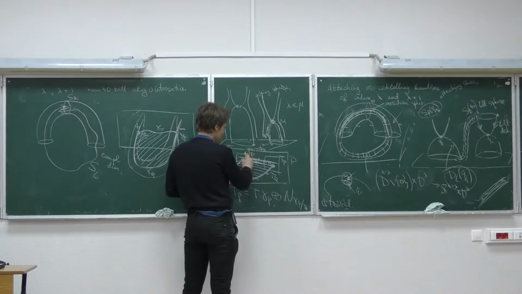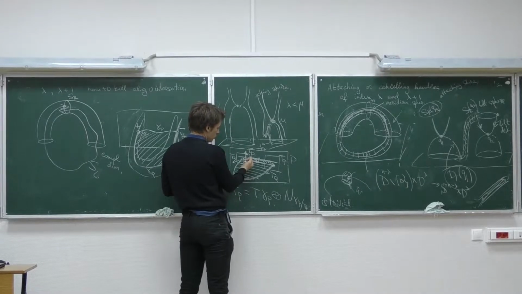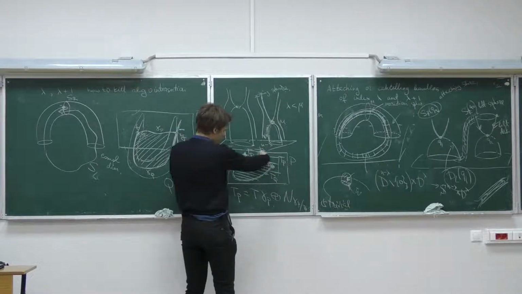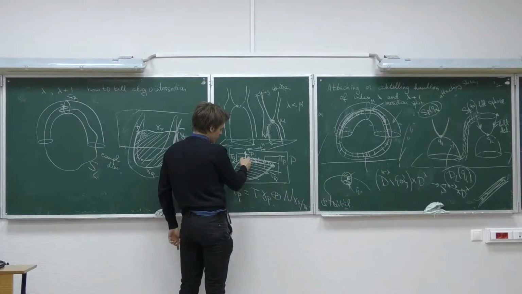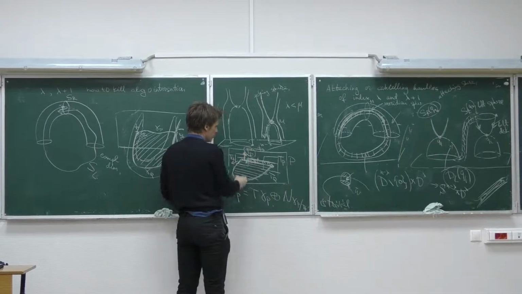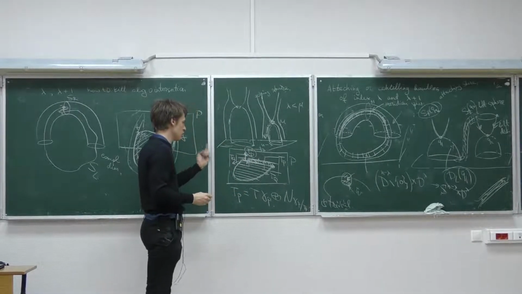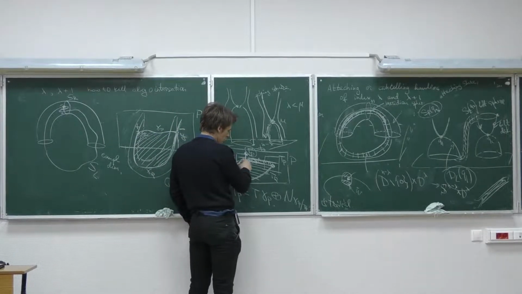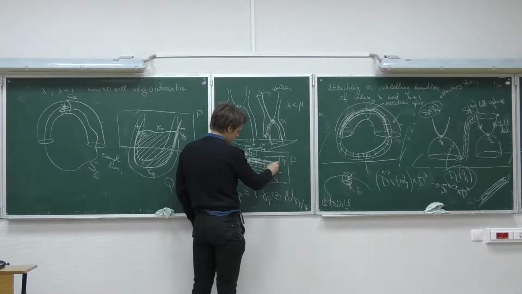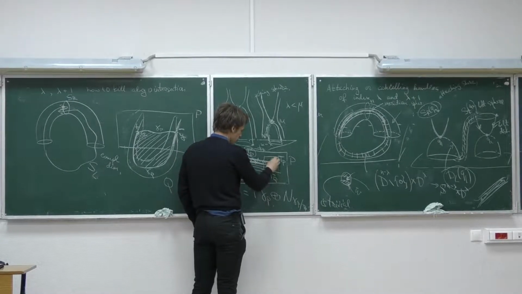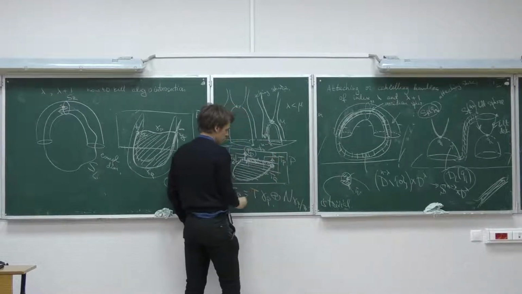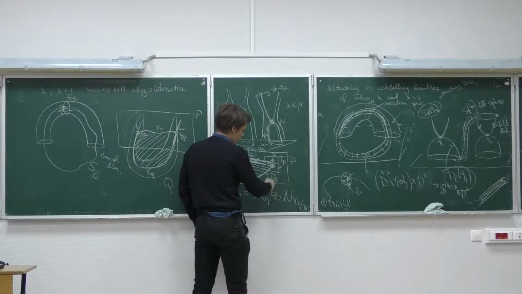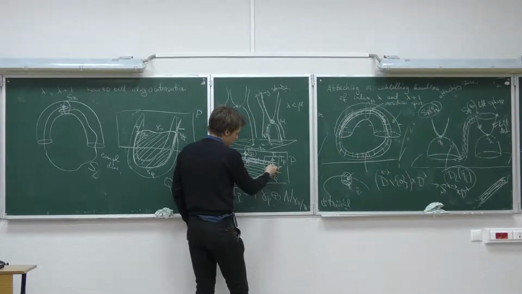Then you want to press your variety just along this tongue. So you want to press it in the direction of the normal bundle of T of P. And when you go just along this tongue and stop at this bottom, here you have TP, and along this bottom there is a normal direction, and here a normal direction